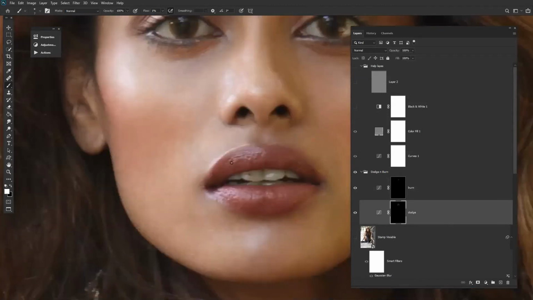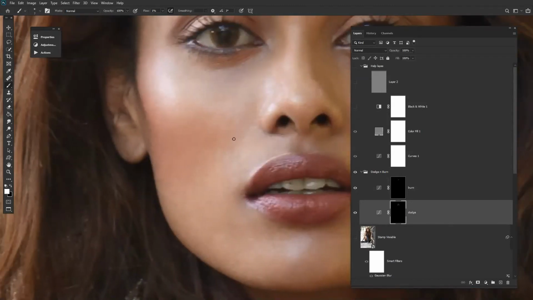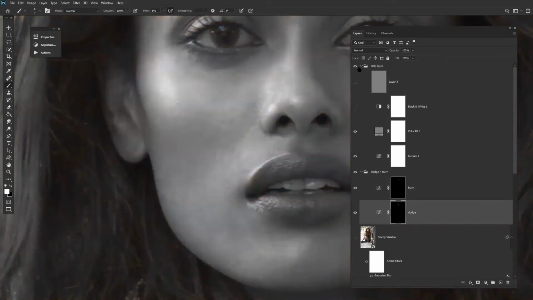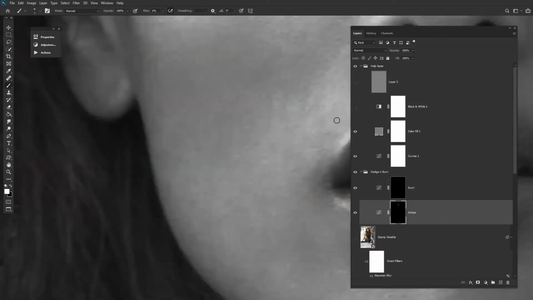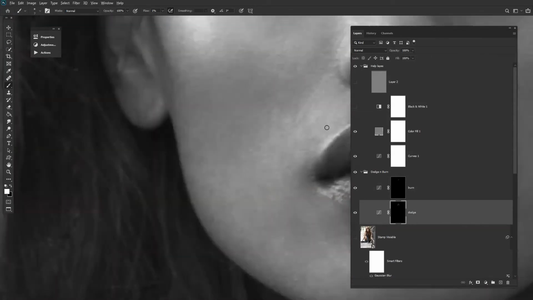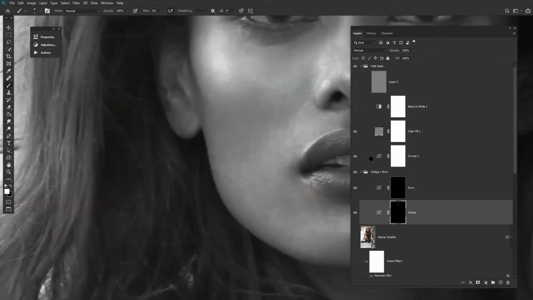So right now we can see we only have this area to work on a little in this portion. We will work it out and this area will be almost complete. So here is a hard transition. We will go with a little burn over here. And with the lines, we can go with the dodge over here.